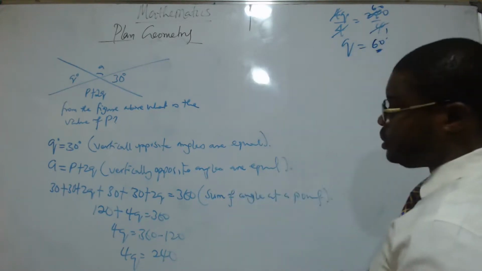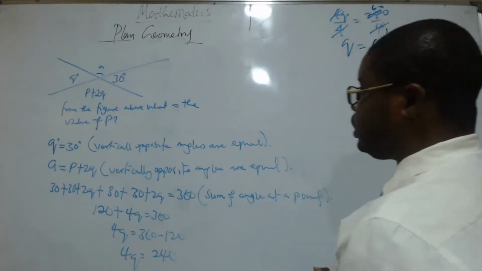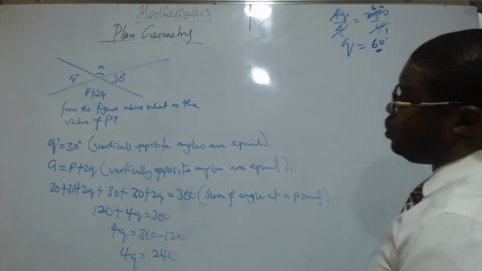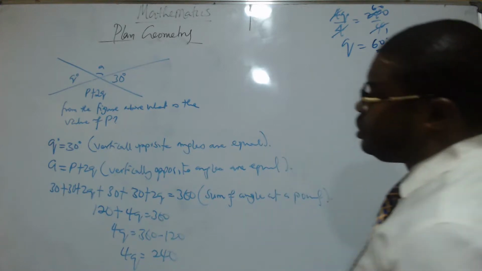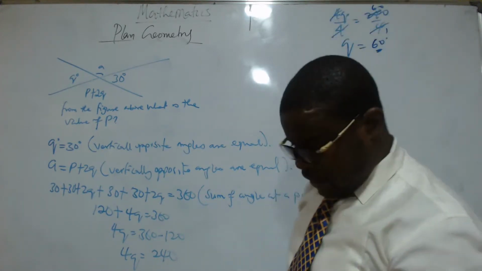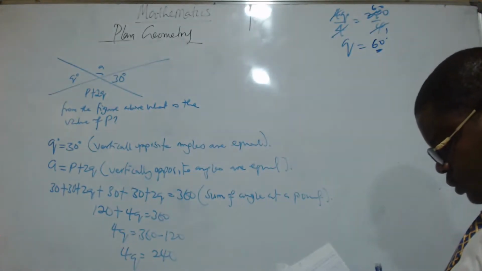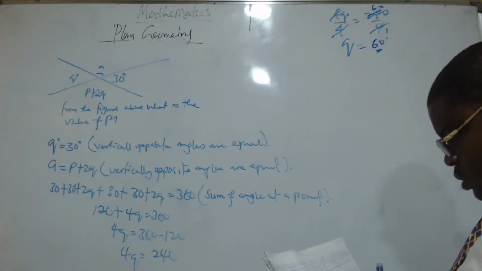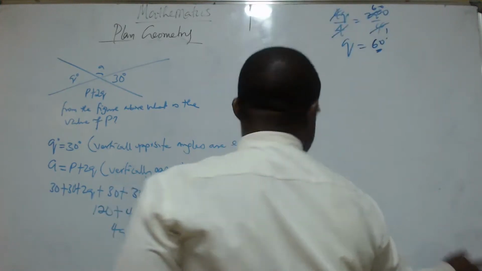So the question says, what is the value of P? The value of P is 30, while the value of Q is 60. So that is the solution to that problem. Now let's see. The next one says